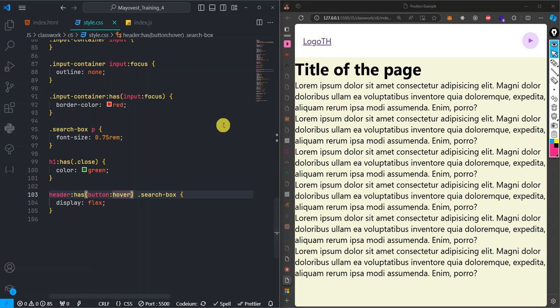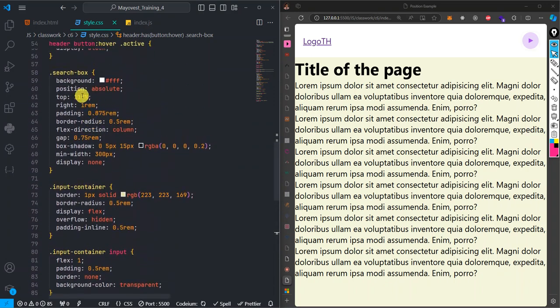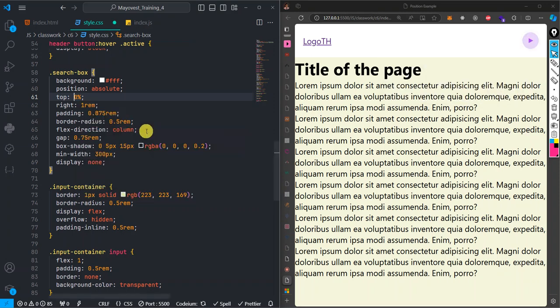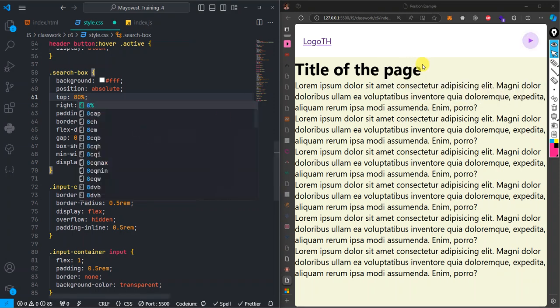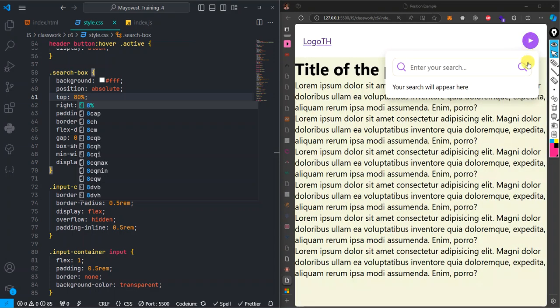Okay, I think this thing is far. I want the thing to be closer to the buttons. Yeah, I want it to be closer. I think 80 should be okay. I want it to be closer to the button. As you can see,